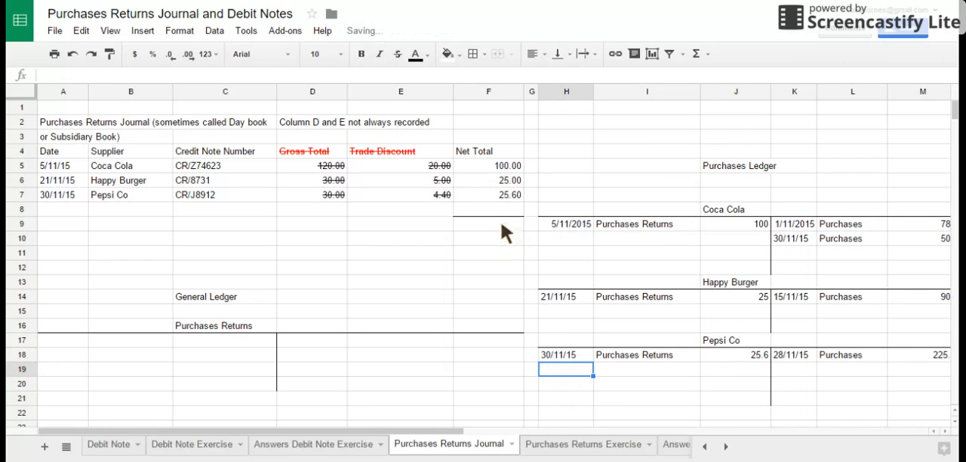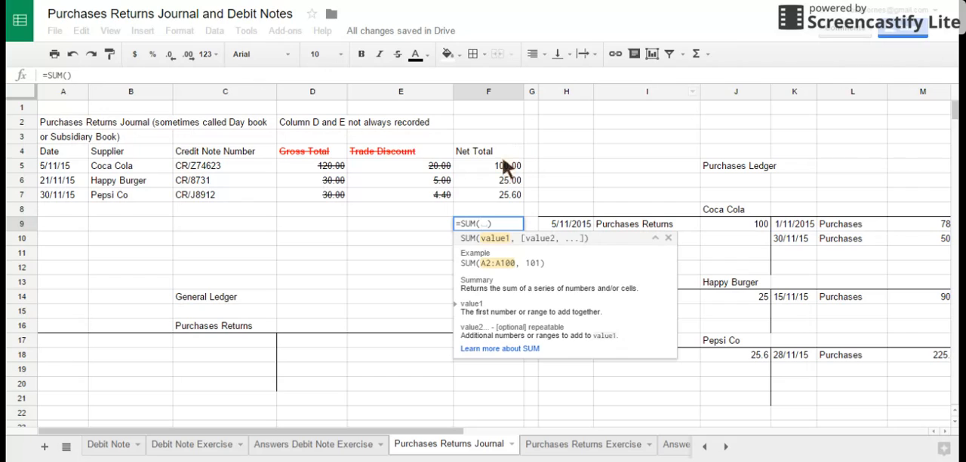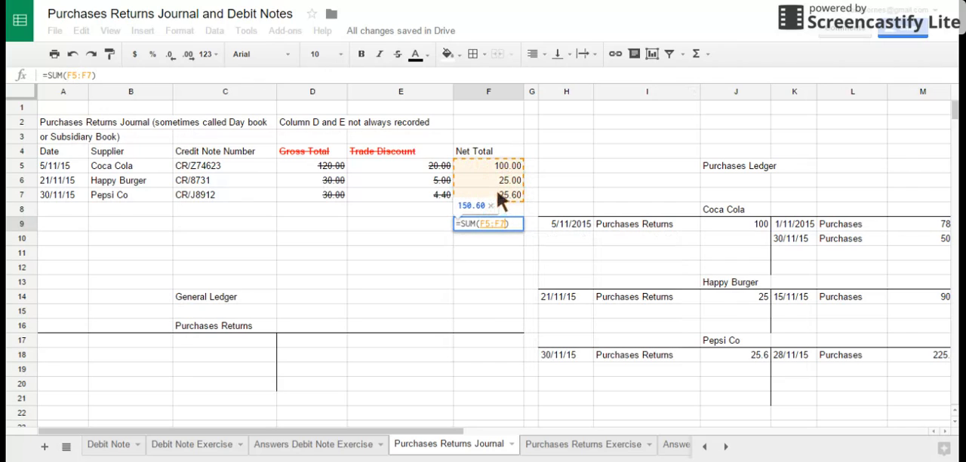Right, final thing that we need to do, and again, a bit like the purchases ledger, what we actually do is we put the totals from the purchases returns journal into the purchases returns account, which is kept in the general ledger. So it's not in the purchases ledger, it's in the general ledger. That's a really common examination question and mistake that students make. So what we're going to do is find out the total of all the purchase returns for the month, and it's $150,